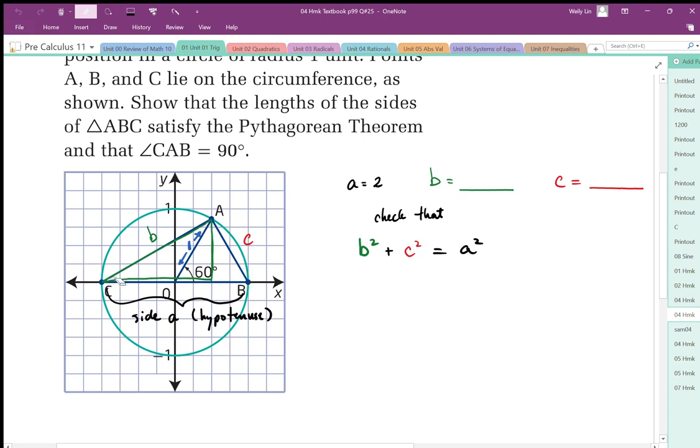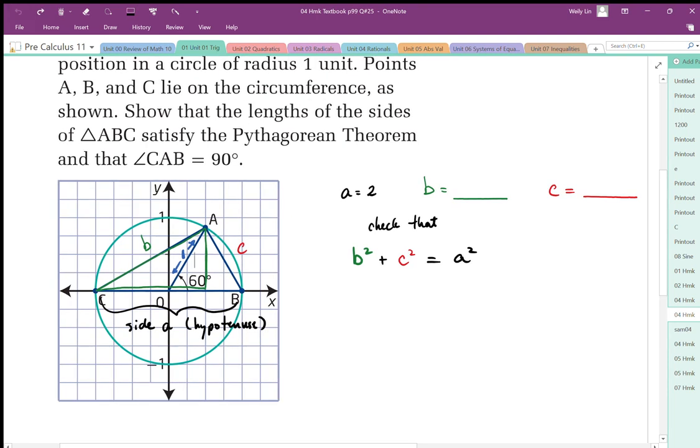so this triangle in here, satisfies the Pythagorean theorem, and if it does, that justifies that angle A, the angle in the corner here, is 90 degrees. Okay, so we already know that this property is in fact true, but we want to prove this. So I'm going to start by working out the sides A, which is our hypotenuse along the bottom, B and C, and we're going to show that B squared plus C squared gives us the hypotenuse A